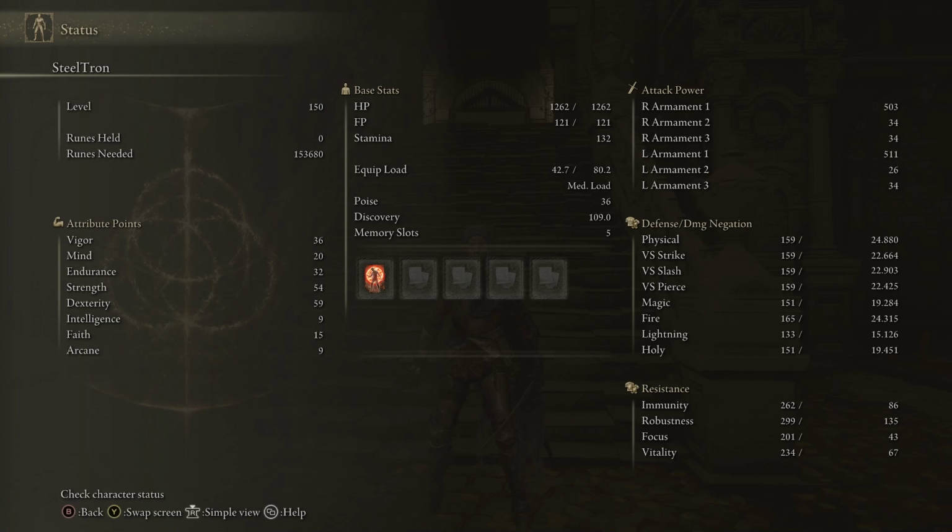Now, the character stats are the following. One is going to be Vigor at 36, Mind at 20. You're going to have Endurance at 32 because you want to make sure that you are as light as possible to be able to do the different things moving around with the katanas. And also in regards to the Vigor, you could always go higher than 36 if you wish. If you are very scared of being too low on health, you can always increase that maybe by another 5 or 10 points,